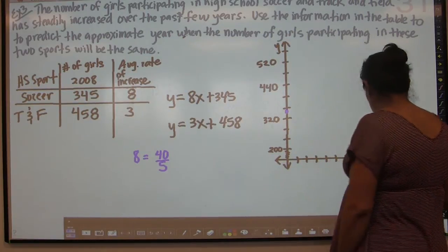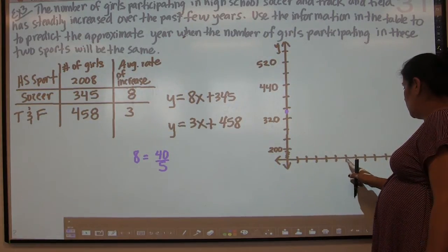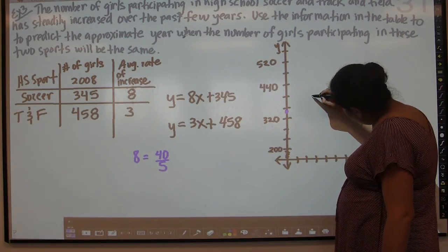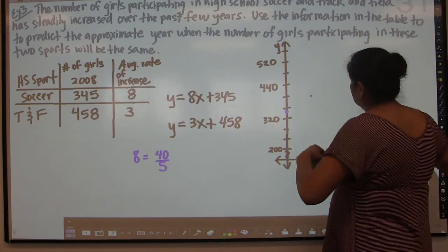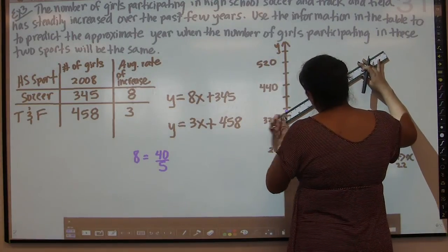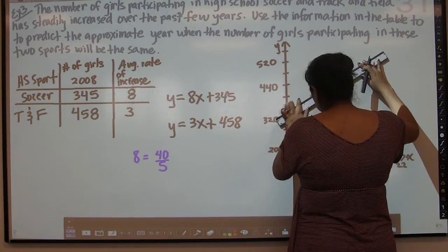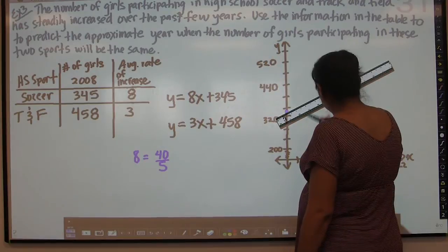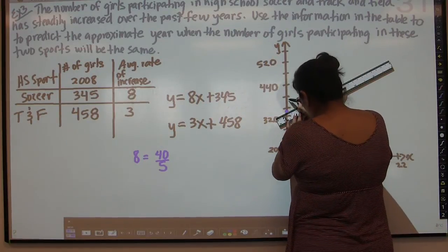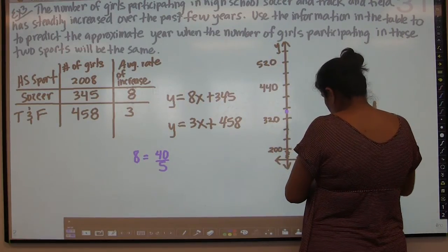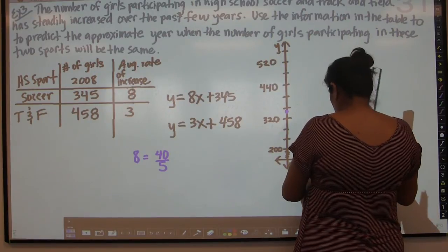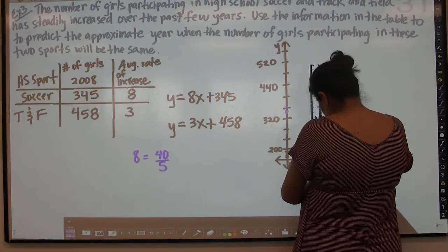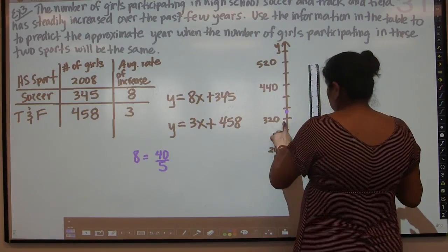So on the bottom, I'm going by 2s. 2, 4, 6, 8, 10, 12, okay? So 2, 4, here's 5. So I'm guessing it's going to be right about there. It's not perfect, but it should probably be a little bit lower. So hold on here. 1, 2, 4, 5 is going to be right there. And then we're going to go up